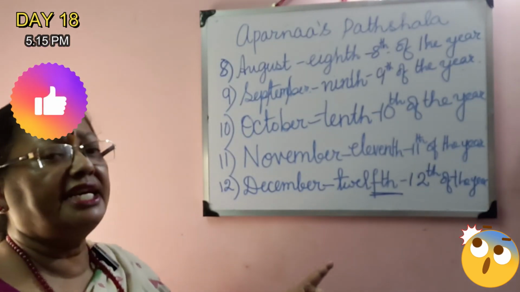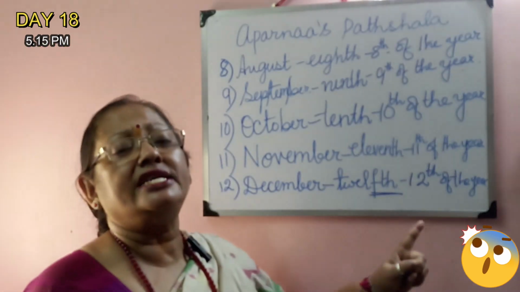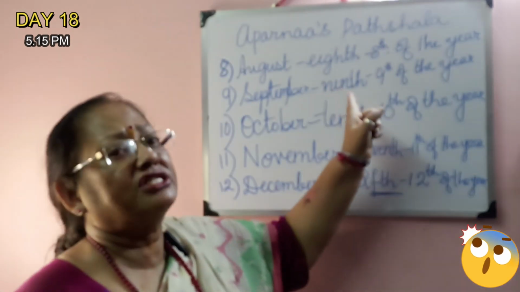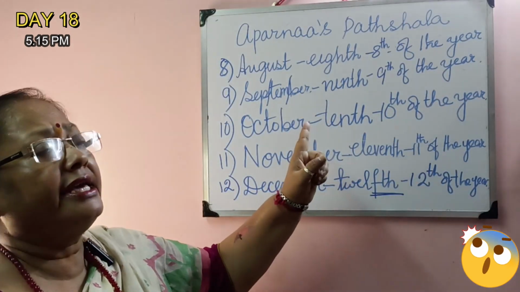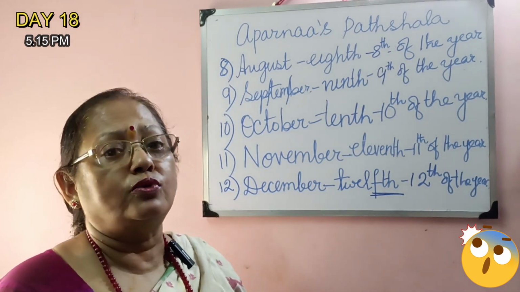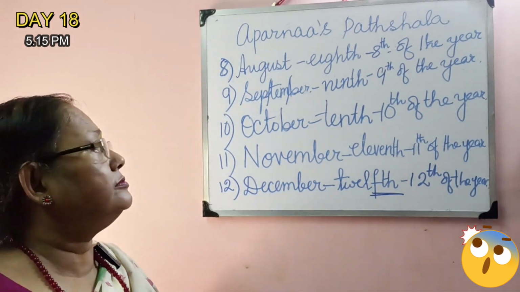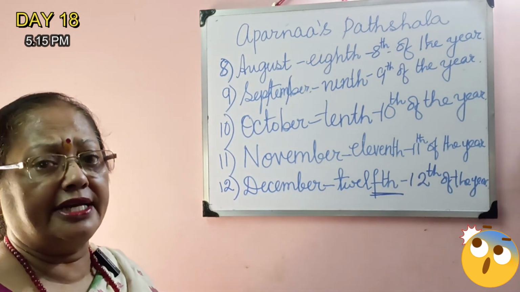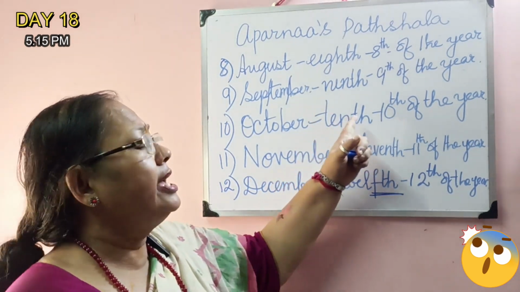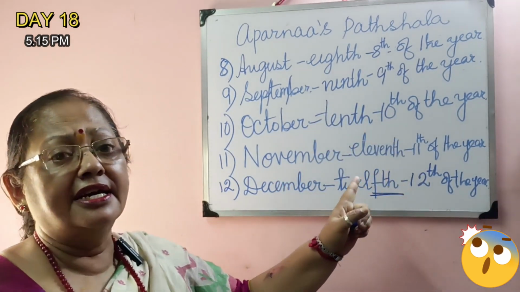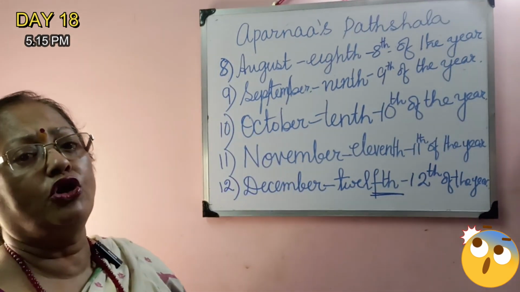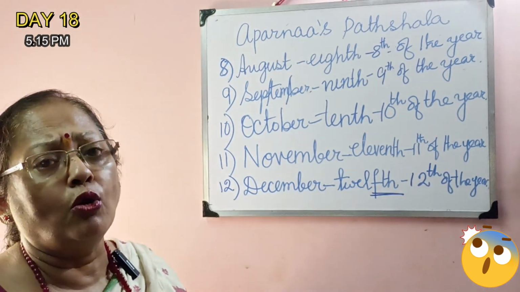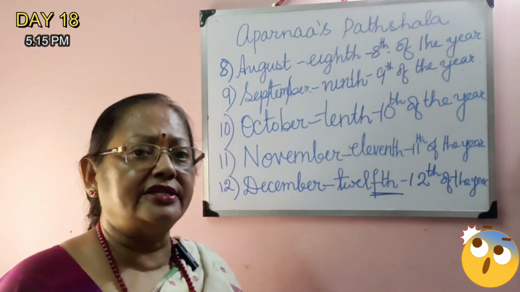See, that is T-W-E-L-F-T-H, 12th. Next comes the same mistake is done in the case of ninth. N-I-N-E you write. No, that is wrong. You have to write N-I-N-T-H, ninth. It is a very easy one and don't forget it. Learn it by heart. Go through the audio visual once, twice, thrice. You won't forget anymore. Is that very clear to you?